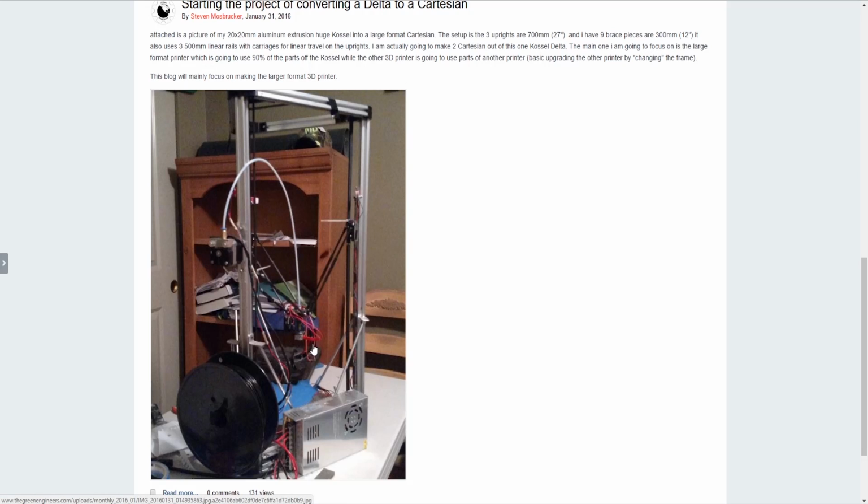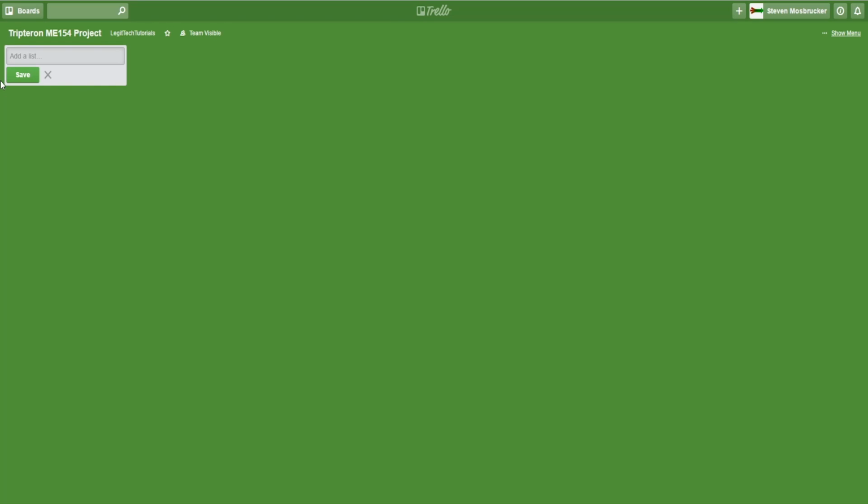And then I got the hot end, I got the control board, I got the Bowden extruder, I have all 3 motors, I have a 360 watt power supply, I have a circular bed, so I'm going to have to get a square bed, obviously. But yeah, so we have pretty much everything we need, plus a little bit more in extrusion to do this entire project. So, that being said, let's go ahead and tell it the features that we're going to